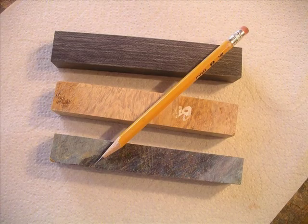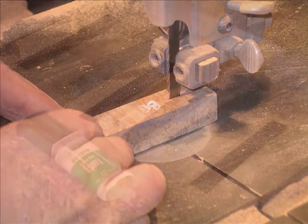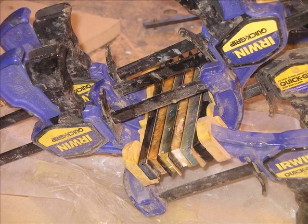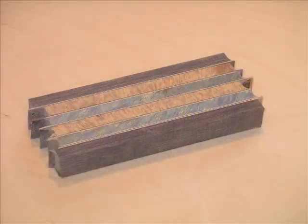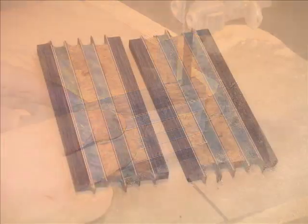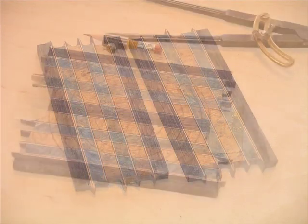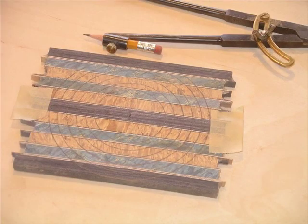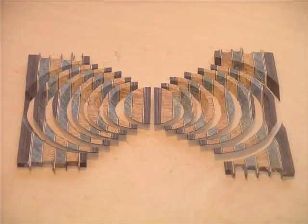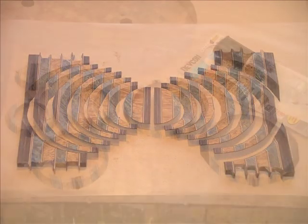A PDF file of the magazine article is available on my website. That little bowl was constructed from just these 3 small pen blanks. I split them on the bandsaw first and then cleaned them all up with glueable surfaces, cut some veneers, laminated together into this rectangular lamination. Then I split the lamination on the bandsaw, as you can see, cleaned that up, clamped it together with tape, drew my circle layout just like our maple bowl, cut the half rings, same procedure, and then took the half rings, made full rings out of them,